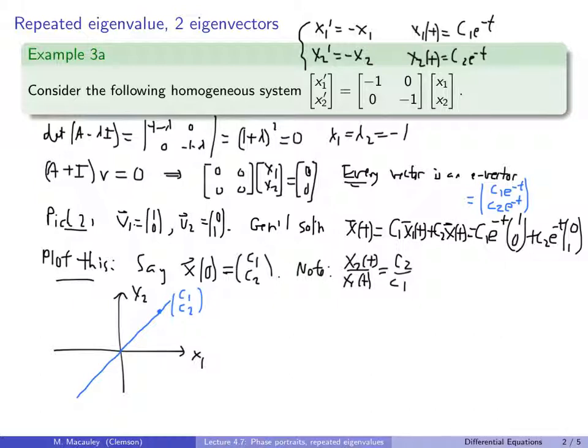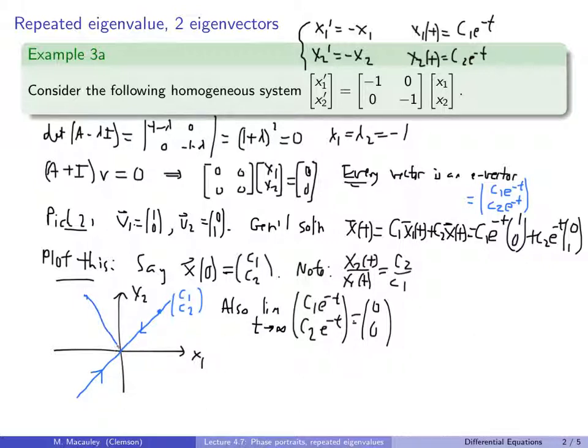Also, the limit as t goes to infinity of x of t, which is c1 e to the minus t, c2 e to the minus t, is 0, 0. So that means that if we start at this point, we're going to be diving into the origin like that. If we start at a different starting point, we're going to be diving into the origin like that. So no matter where we start, we're going to be